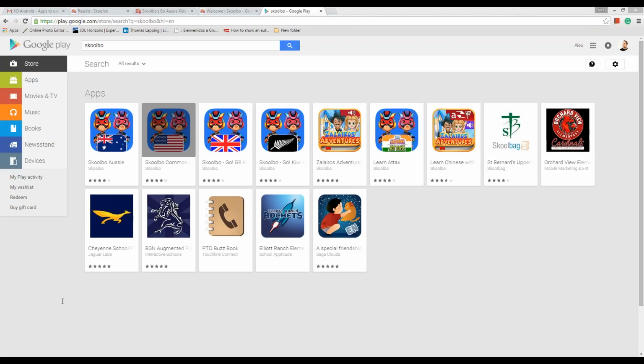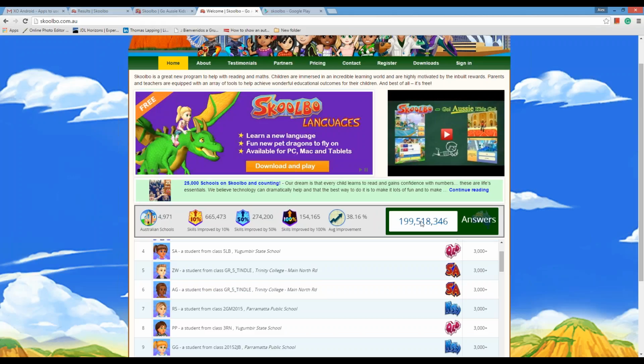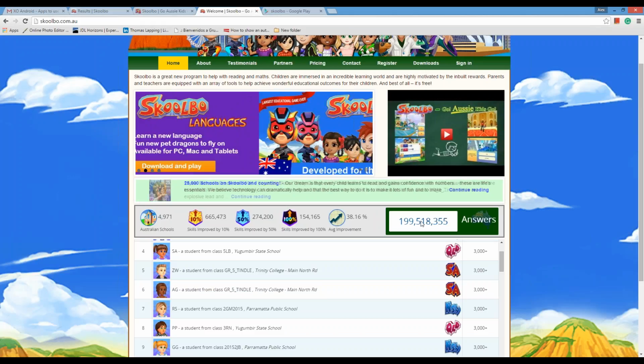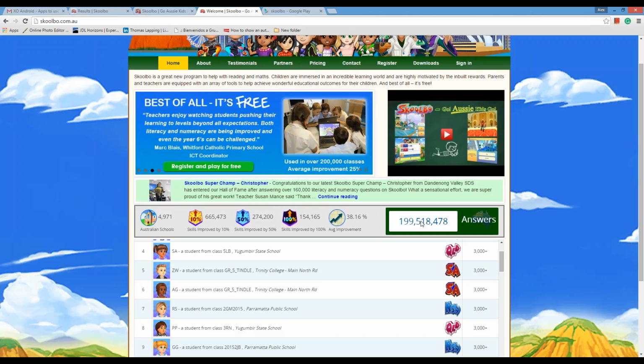So that's pretty much it, isn't it, Alex, in terms of how to use Skoolbo? We've provided the teachers in the schools with the logins. Yep. Usage is the first important thing. Once you start seeing some big numbers, then we'll have a lot more to talk about. So at this stage, it's about getting going. And one thing I want to suggest is, now that you know about Zalarius, it's going to be a paid app soon and it's free for the moment, so let's start downloading that to your devices so we can get that going.